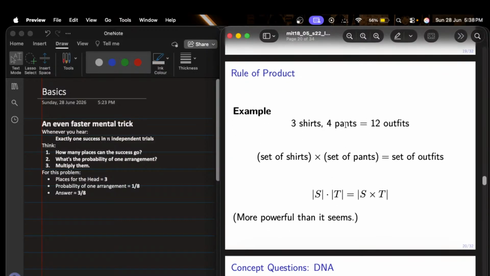Example: 3 shirts, 4 pants, 12 outfits. Set of shirts cross set of pants equals set of outfits. So if we take the magnitude of this, it would be